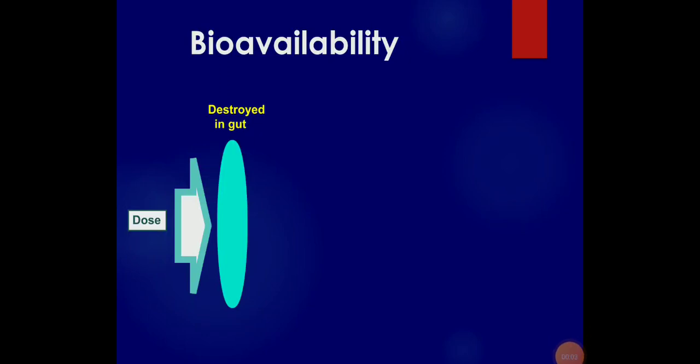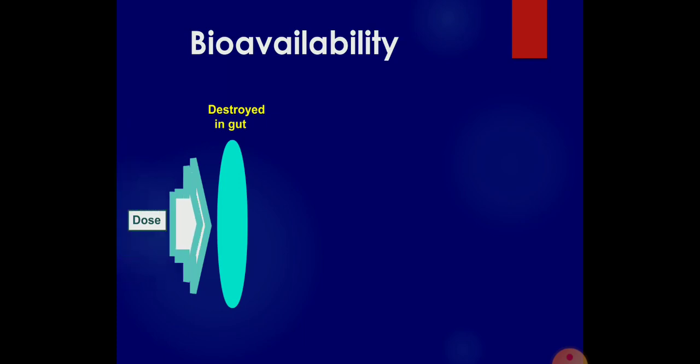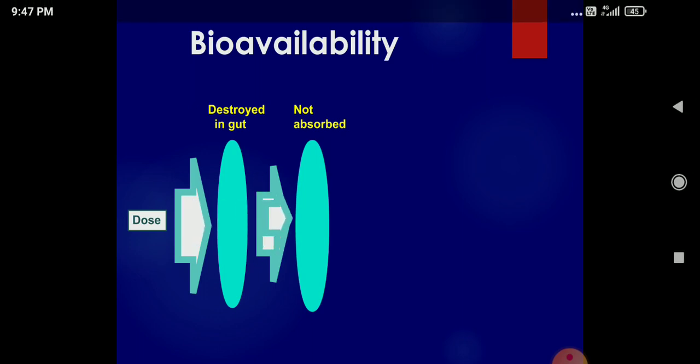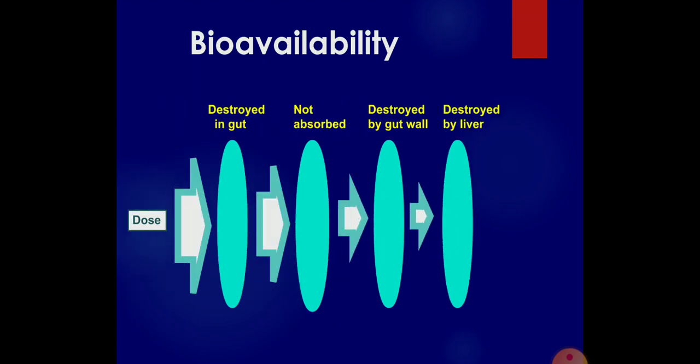Let us start from where we ended our previous discussion, and that is bioavailability. Now, in this slide, you will see that once you give a dose, as I mentioned before, it will be destroyed a little bit in the mouth cavity, in the esophagus, then in the gut, then further it is not absorbed and goes into the gut wall, that means the intestinal wall. Further it is metabolized in the liver before completing the absorption, and lastly in the lung, and ultimately it reaches